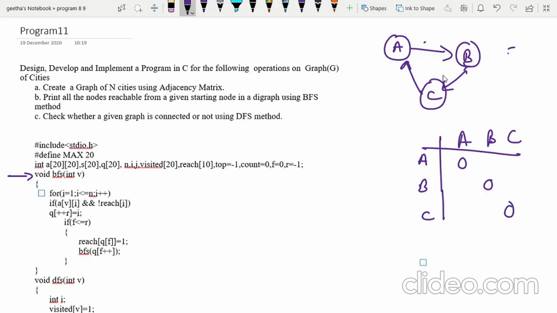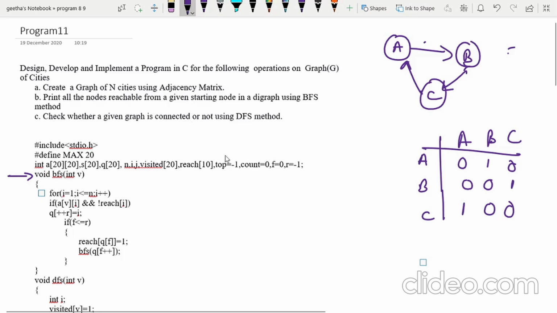A to B there is a connection, so we make it 1. A to C there is no connection, that means there is no edge. If there is no edge between the vertices, then you put 0. Coming to B to C, yes, but B to A it is not there. So C to A is 1, C to B is 0. There is no edge from C to B. This is how you have to create an adjacency matrix.